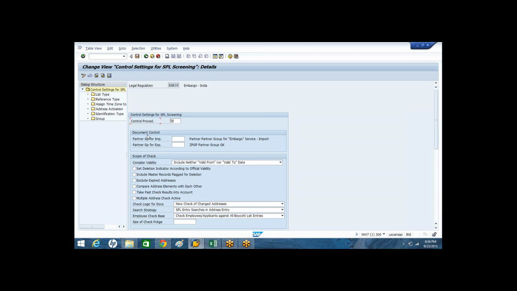It is the control procedure. Here we need to assign the control procedure. What is this control procedure, where have we defined it, and what kind of mechanism is included in it? I will go back and show you something so that you can remember.